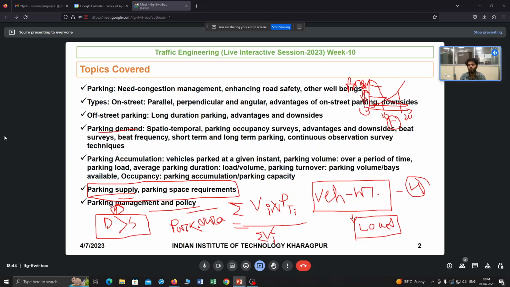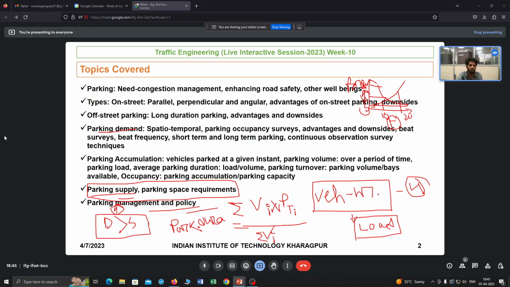Another thing is, suppose you want to reduce your demand during peak hours, so you increase your parking price during peak hours. There will be many trips that one commuter may do during peak hours that will shift to off-peak hours, because it is not absolutely necessary, it is maybe not a work trip. So those kinds of trips will also get reduced during peak hours. So you are able to manage the demand.